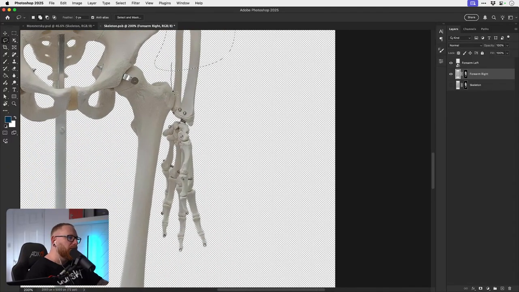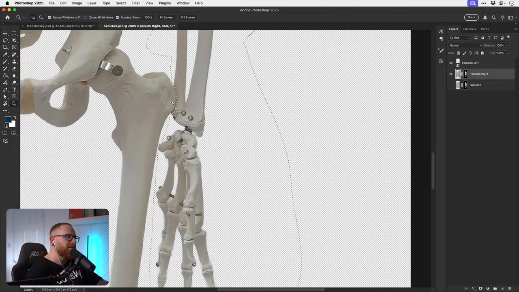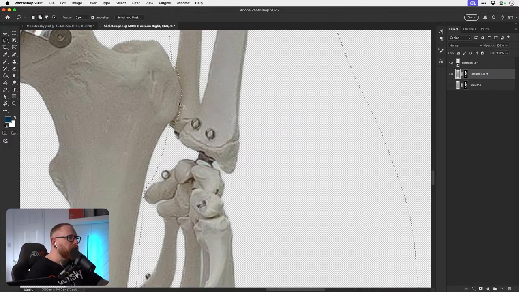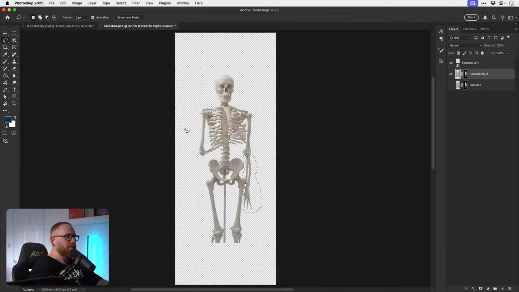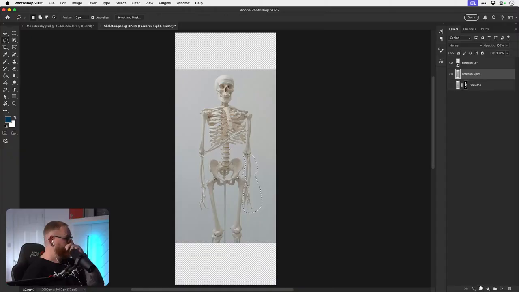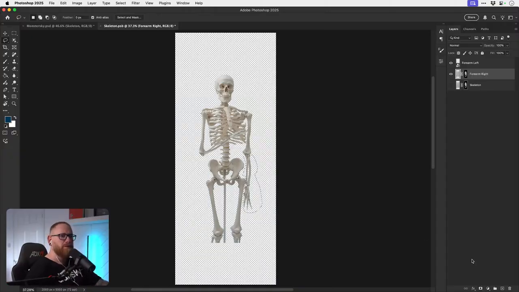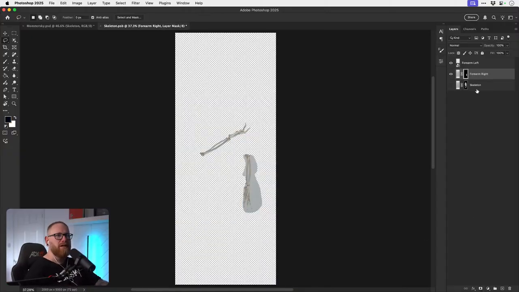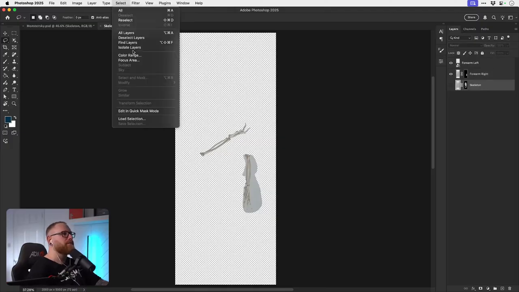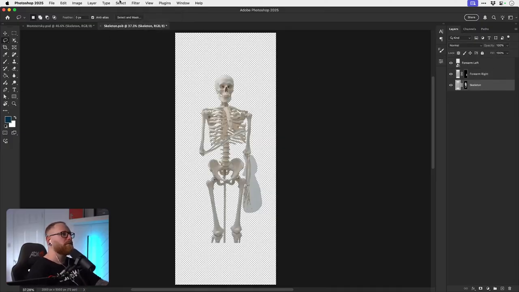And come down here. Carefully just lasso around there. Oh, it's a bit sloppy, but we can always go back and clean that up. It doesn't matter. Just hold shift to add to the selection. There we go. And add the layer mask. Select subject.